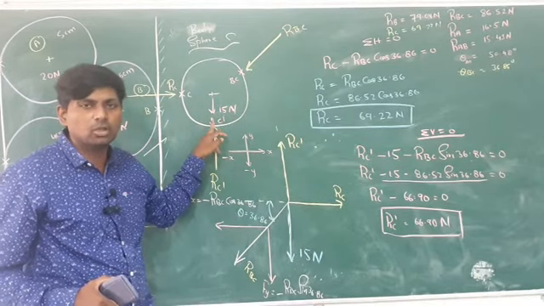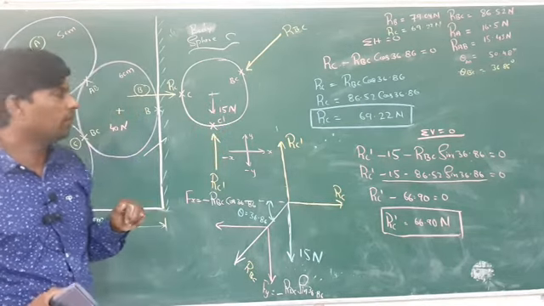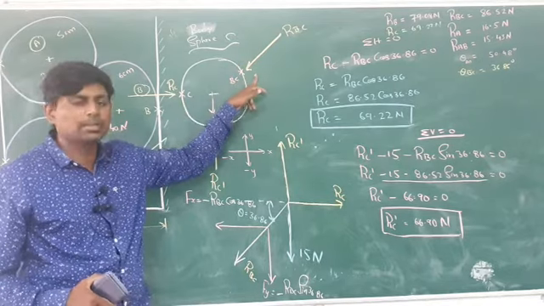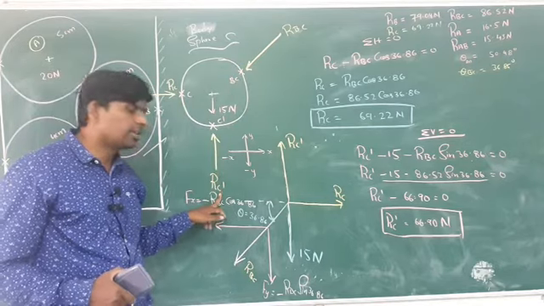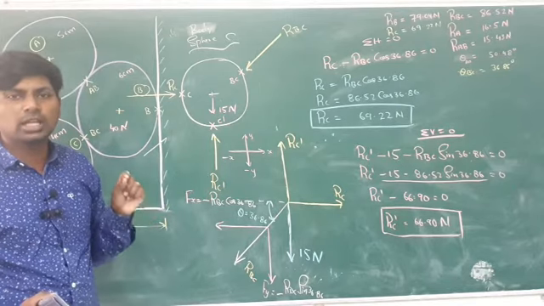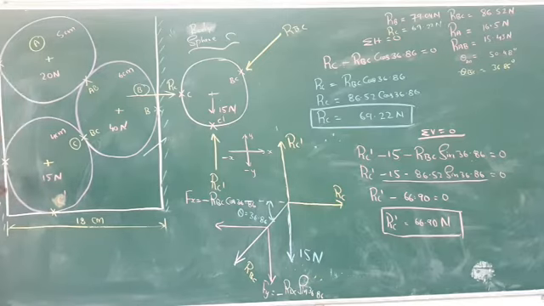And the self weight is equal to how much? 15 Newton. The self weight is given as 15 Newton. This one you can take as RC, this one as RBC, and this one as RC dash. Why am I taking RC and RC dash here? Because both are lying on a single point. See here also and here also. This one you can take as C dash, or this one as C dash. It's up to you, whichever you want you can take as C dash.